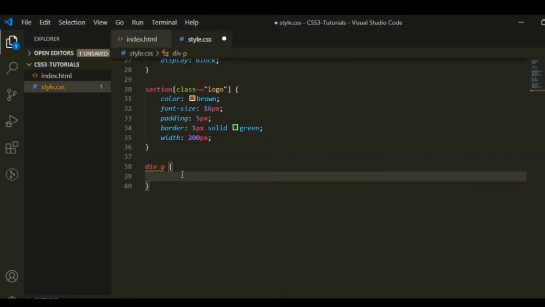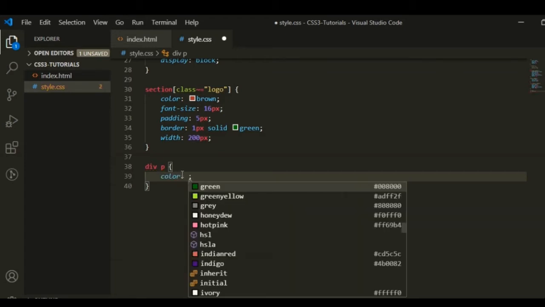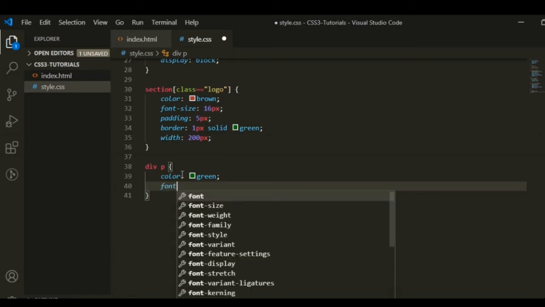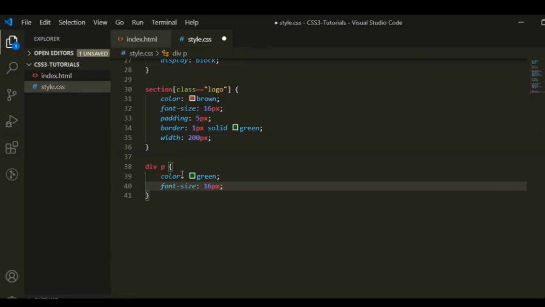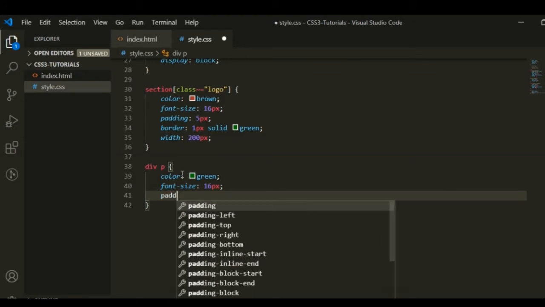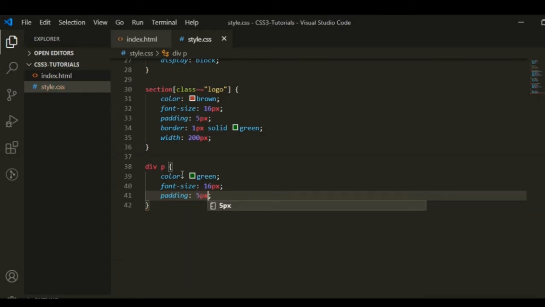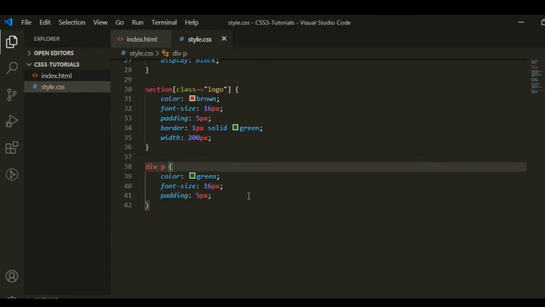Then paragraph, then we write some CSS rule for this, like color green, and font size 16 pixel, and some padding, 5 pixel from all the sides.